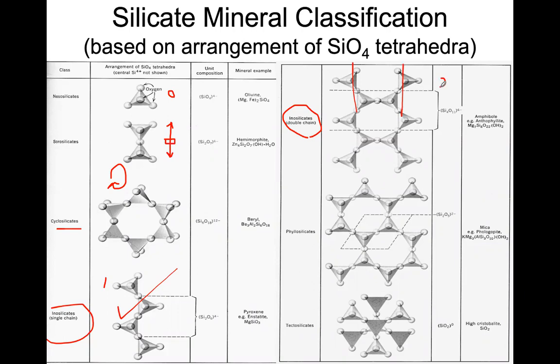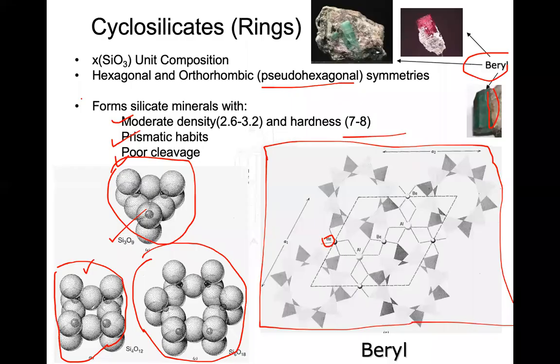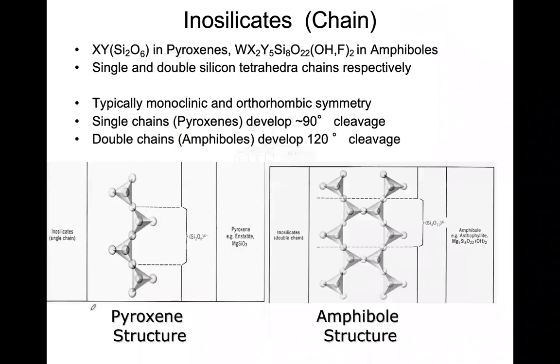So there are single chain inosilicates and double chain inosilicates. So they are different in chemistry and structure and everything, although they belong to one silicate family. Okay, right. These are chain silicates,